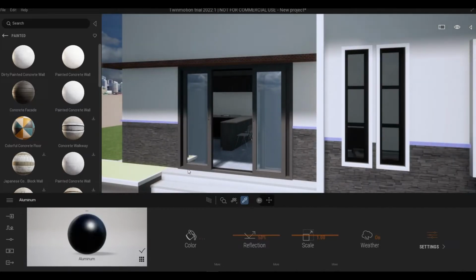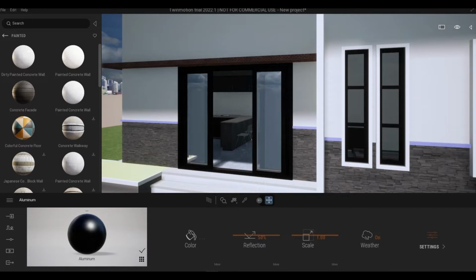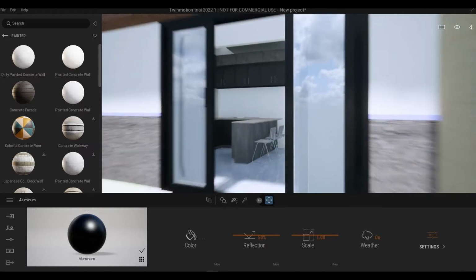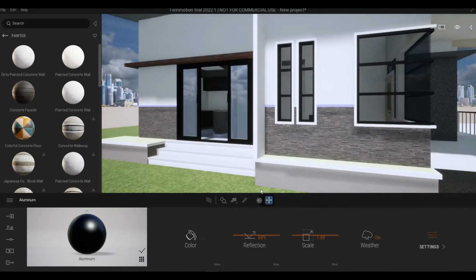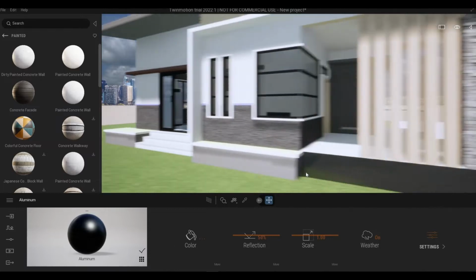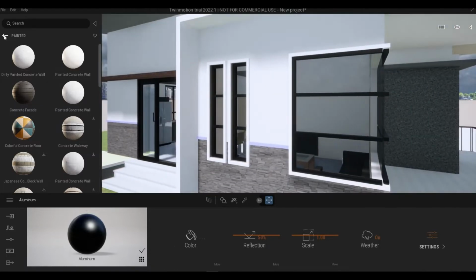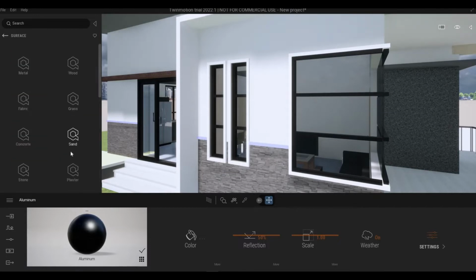Let's use the aluminum that we have as well so that it looks the same. Let's go back to Twinmotion material,